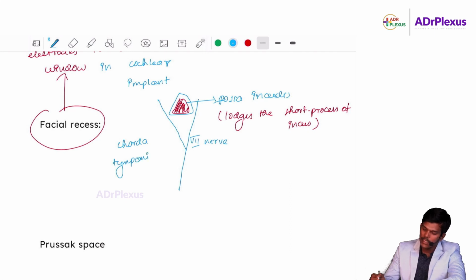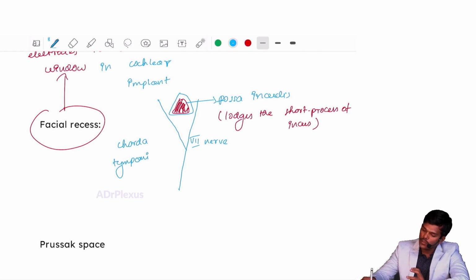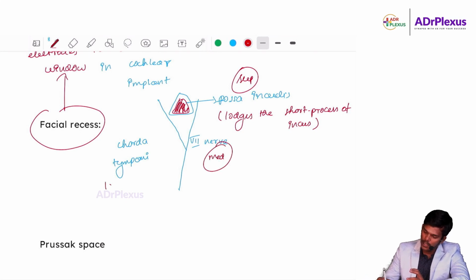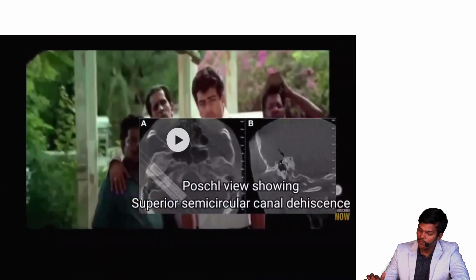The recess that is found between these three structures is called the facial recess. Superiorly, the fossa incudis; medially, the facial nerve; laterally, the chorda tympani nerve. I'll tell you with the help of the video